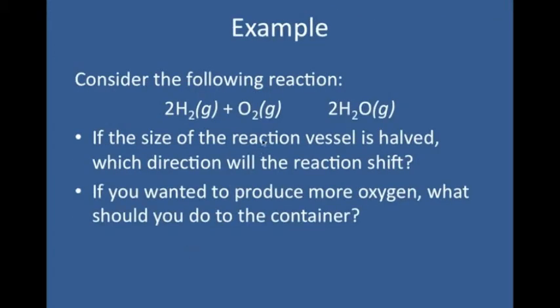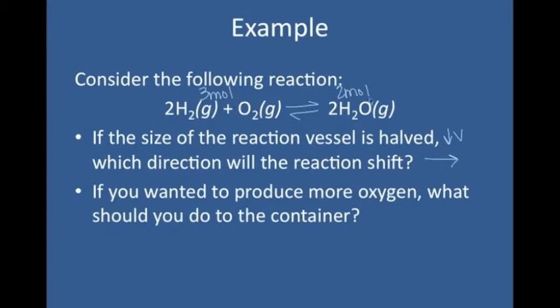So here's our example on this one. We have the formation of water here. If the size of the reaction vessel is halved, which direction will the reaction shift? So in this case, we are decreasing our volume, so we want to go to the side that has the fewest moles of gases. So on our reactant side, we have a total of 3 moles. On our product side, we have a total of 2 moles. And so if we cut the reaction vessel in half, it's going to shift to the right towards products because